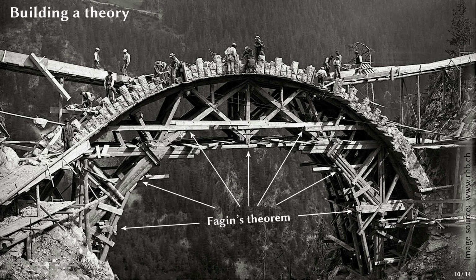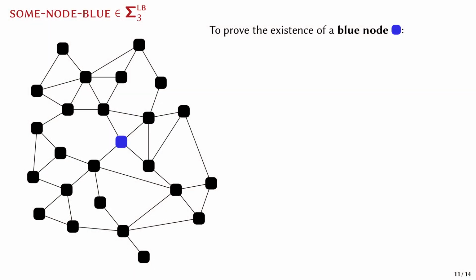And now let me talk a bit more about this theory and how it might provide a way of measuring the locality of graph properties. And I think the best way to do that is to look at a few more example properties. Let's again start with a very basic example. We're given a graph, and we want to know if it contains at least one blue node.